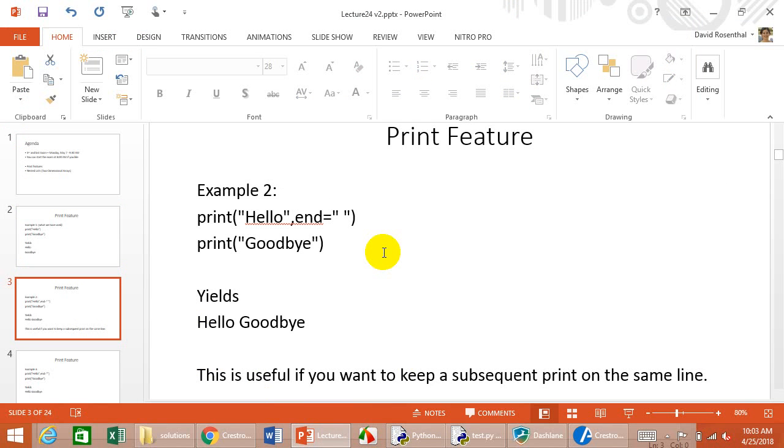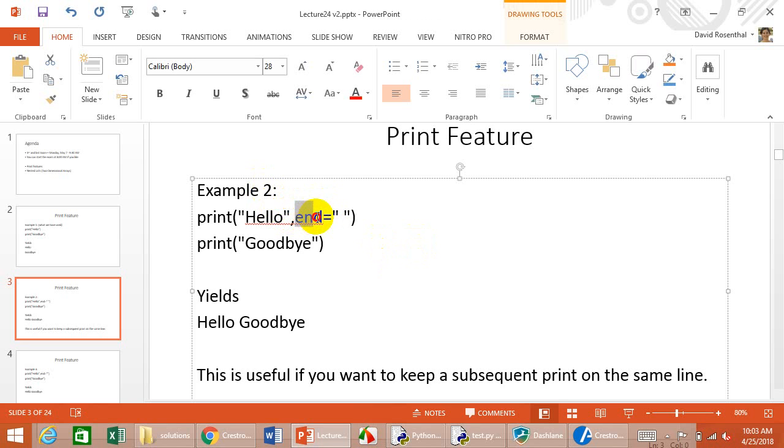So a print statement could have any number of strings or variables that we want to print out, but if we suffix the line, I think it has to be at the end, comma, and then the word end, equal sign, double quote, space, double quote,